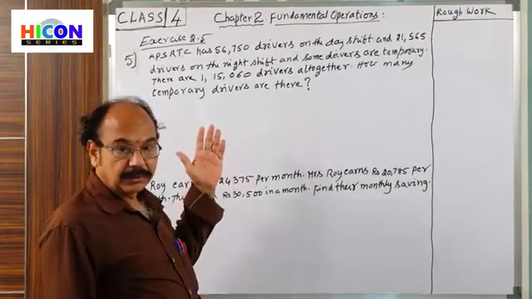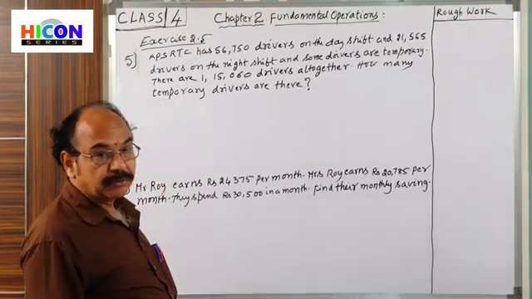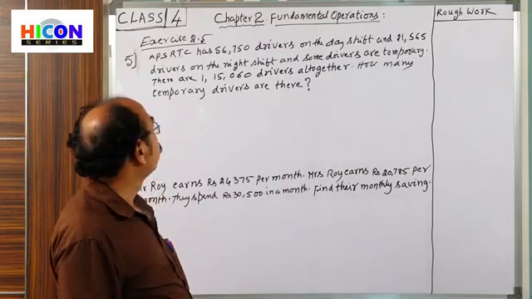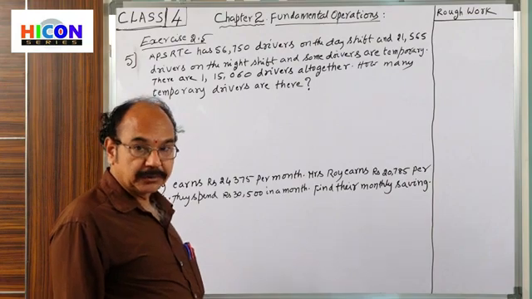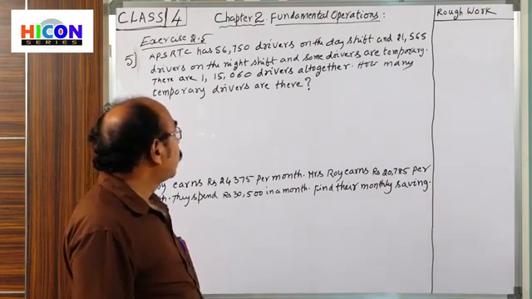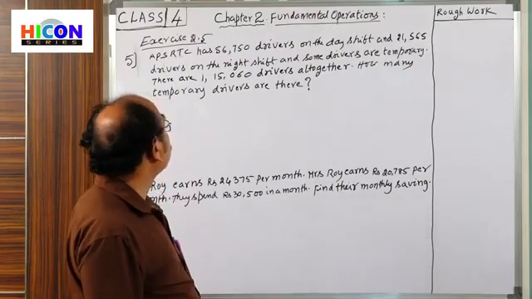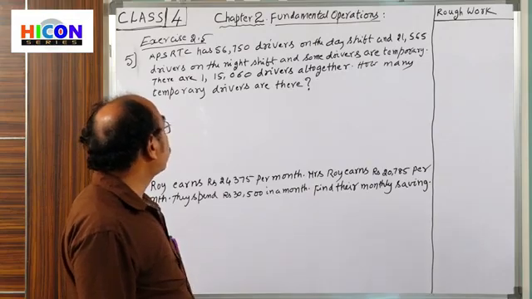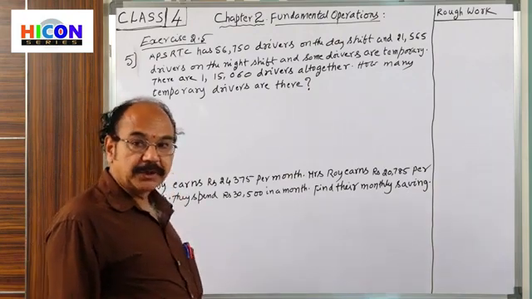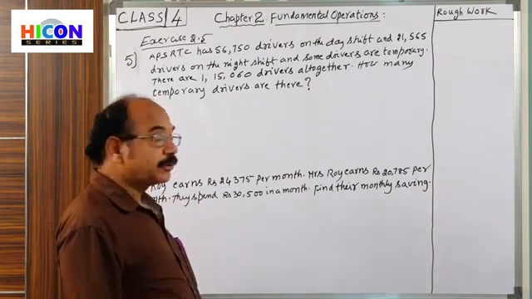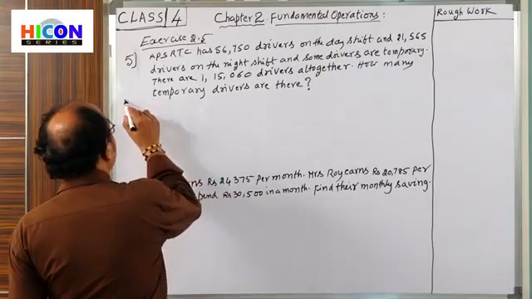So, you have gone through the problem. So, now you mention what is given. What is given? Write as steps. See here. On the day shift, how many drivers are there? 56,750. Okay, children. So, you write now solution start.